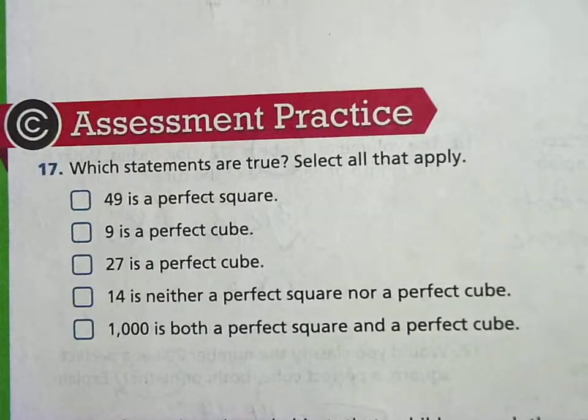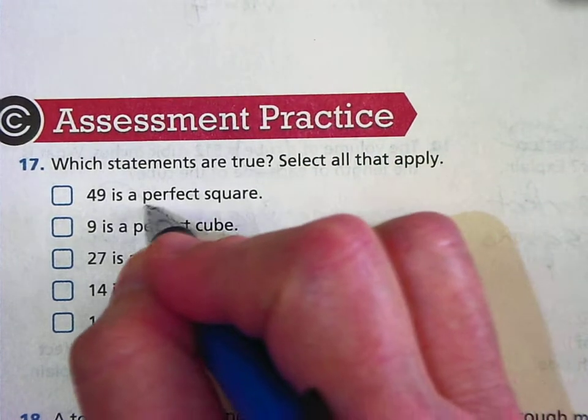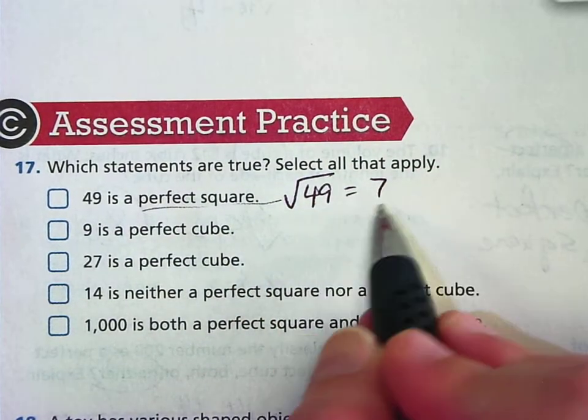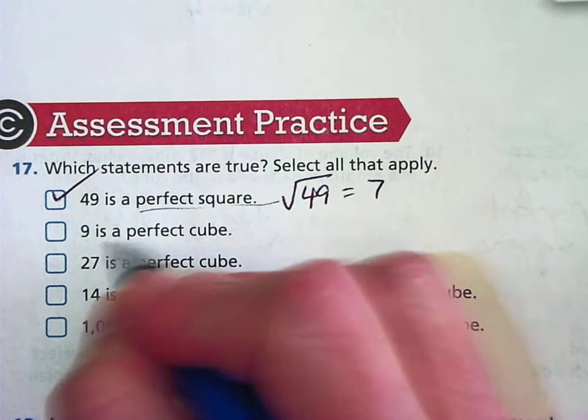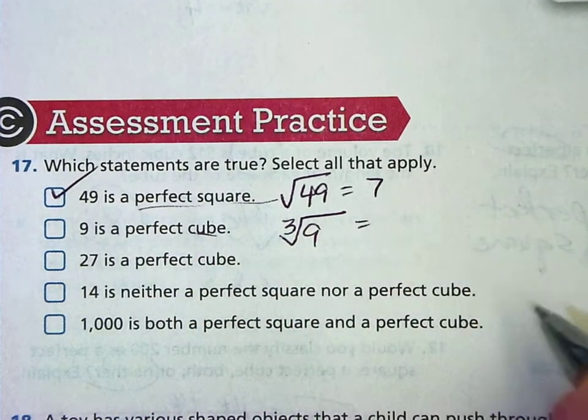Okay, let's take a look at one more. So these ask which statements are true? Select all that apply. So if it's a perfect square, then square root that and see. The square root of 49 is 7. So, okay, that's a perfect square. Good. 9 is a perfect cube. Well, let's cube root it. And there is no number times